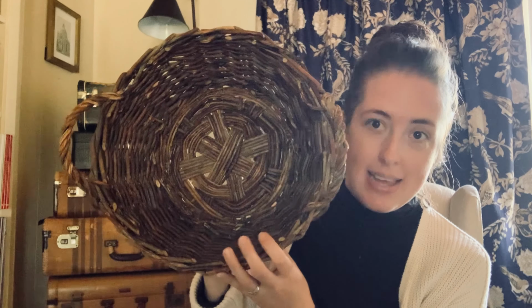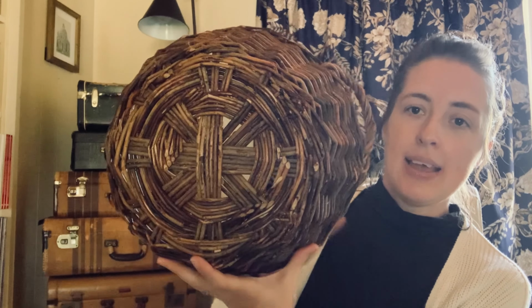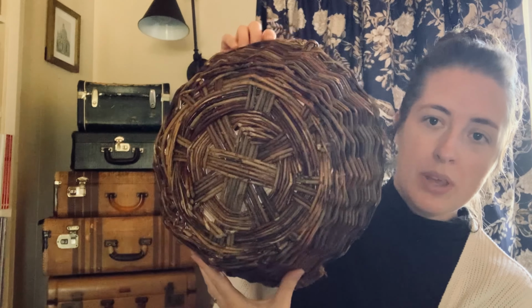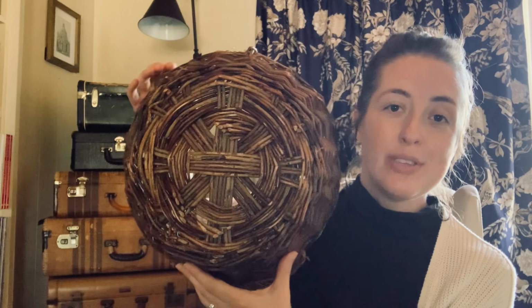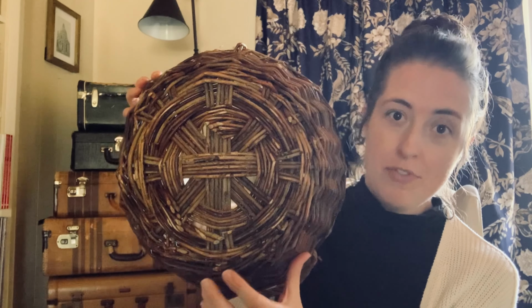Okay, I found the other basket. My daughter had taken it. Here's the other basket. And I love the color of this basket. And I love the design on the inside of it. I think it's so pretty. If you could even display it hanging up, I think that would be really pretty. But I'm gonna use it to put old rags in my laundry room for now. But anyway, love this basket, and it was